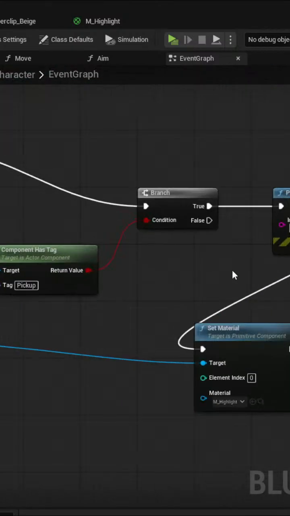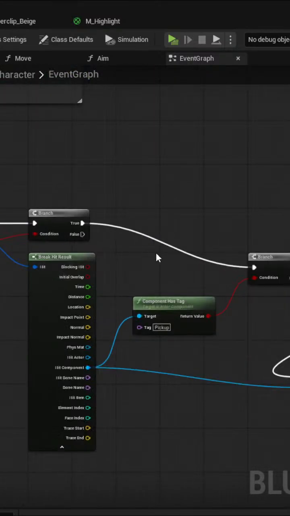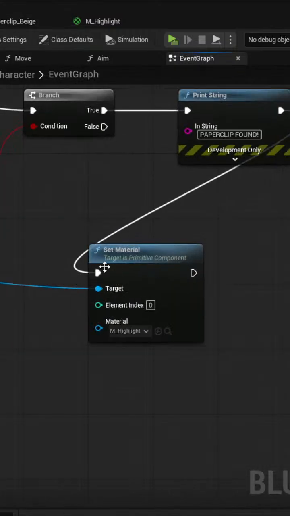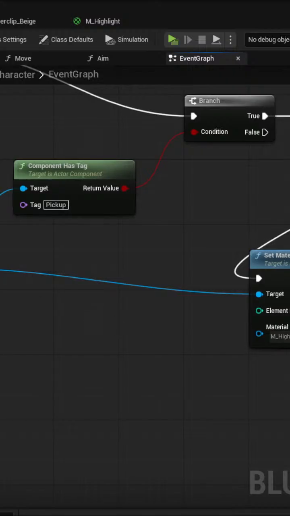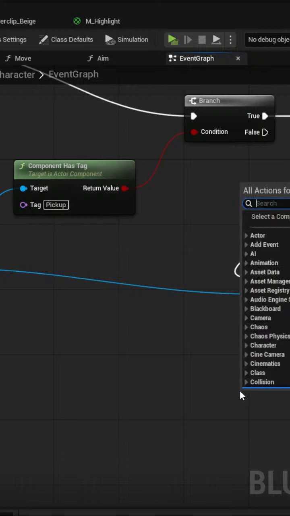We've got it setting the trace. But what we need to do, basically this is setting the material, the hit component. But